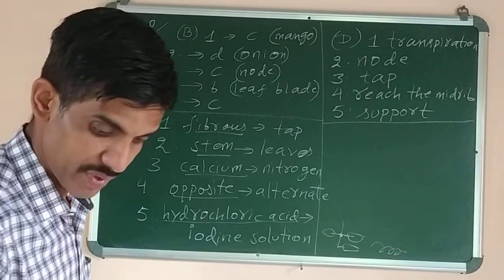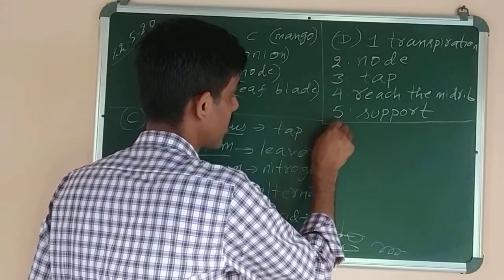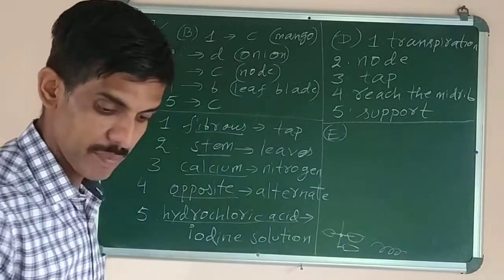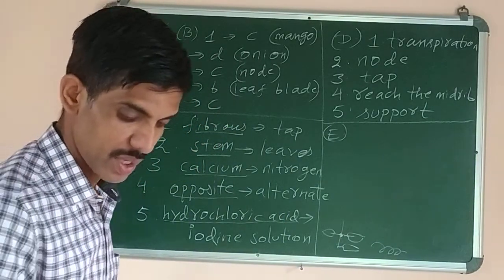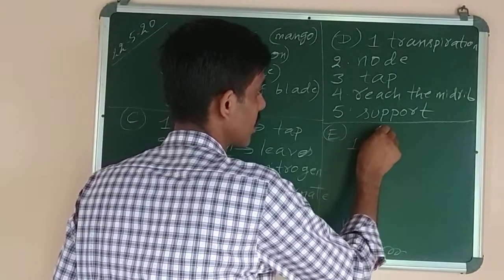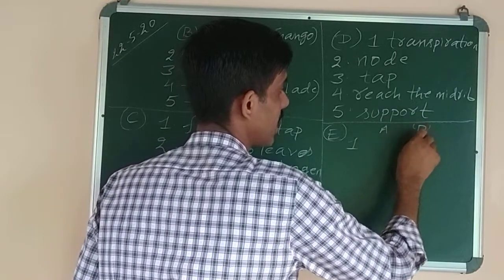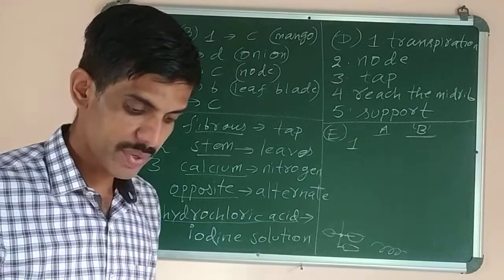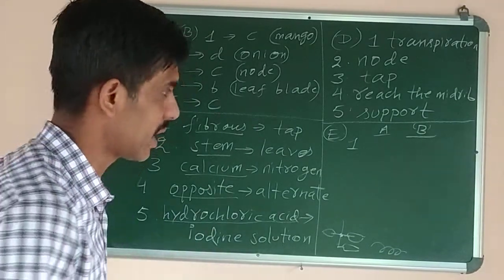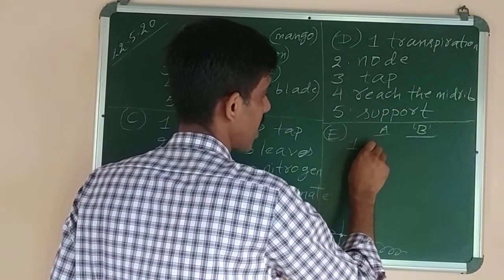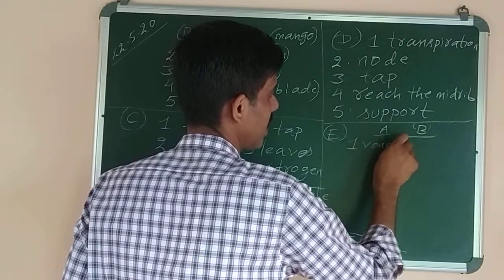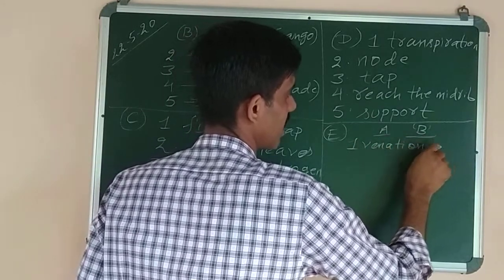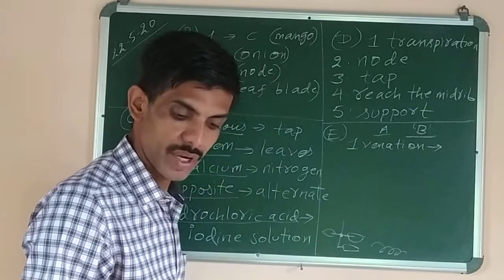Now last question number E. After that one more is there. Question number E, match the columns. Okay, number 1, venation, column A, and column B, 2 are there. So number 1 is venation. What we have tried? Arrangement of veins and veinlets. So I will just write, question I will not write, it will take time. Venation, the answer should be arrangement of veins and veinlets.